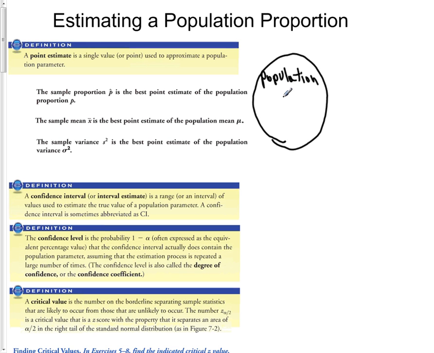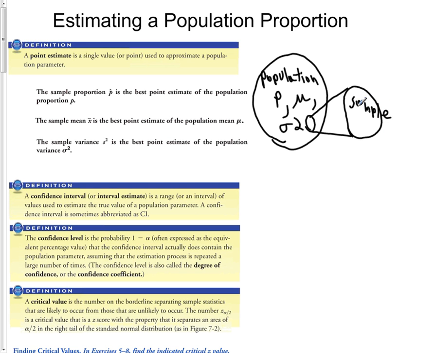The parameters may be a population proportion, like the proportion of Democrats, or it might be a mean, like the average age or something, or it might even be the standard deviation or the variance. So this population has certain characteristics that are unique to this population, all right? Now what we're going to do is we're going to take a little sample of this population. So we're going to take a little sample of this population out. We're going to take out a sample,